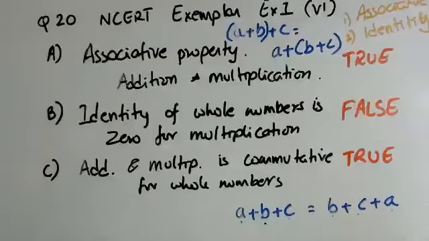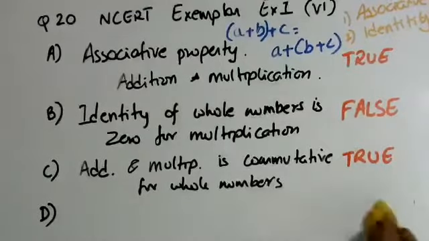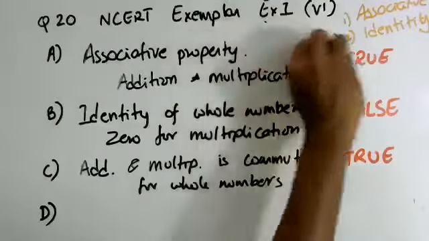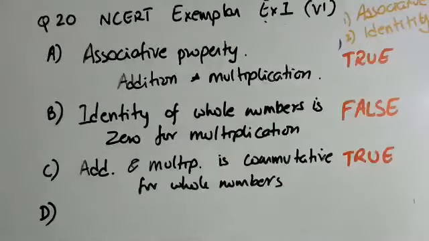So is it clear now what is the difference between the commutative property and the associative property? Or does anybody want to ask another question about this? Any questions? Associative and commutative properties? Okay. So then we'll move on. We'll have to look at the last statement and eliminate that statement also. The last statement says multiplication is distributive over addition for whole numbers.